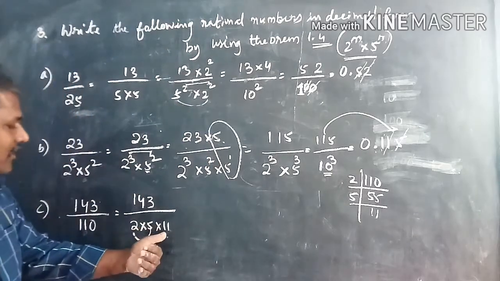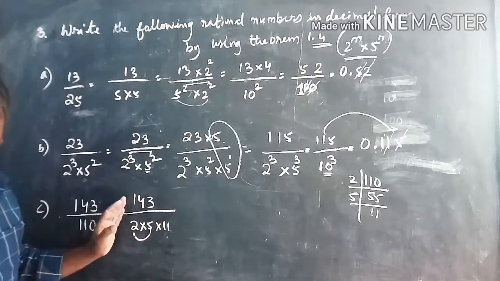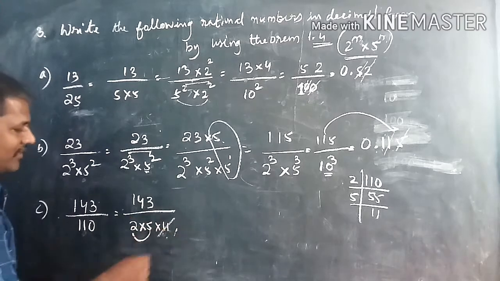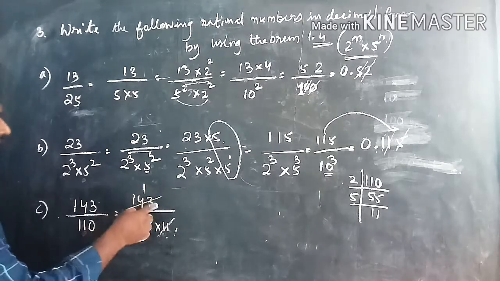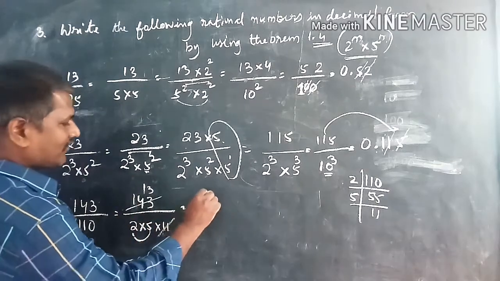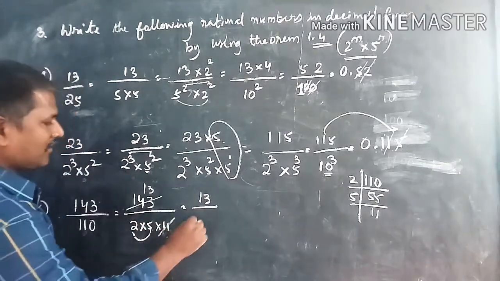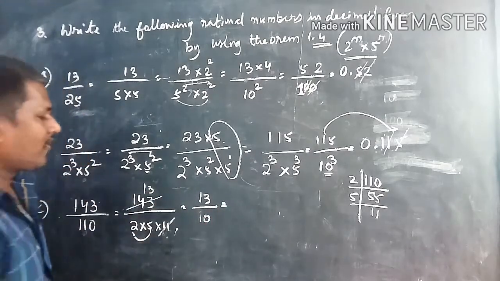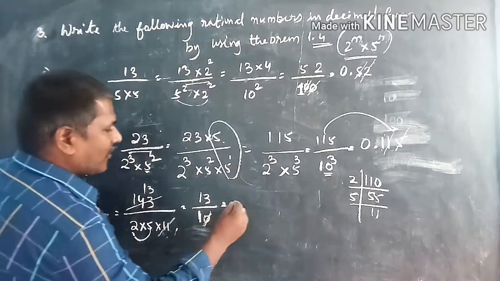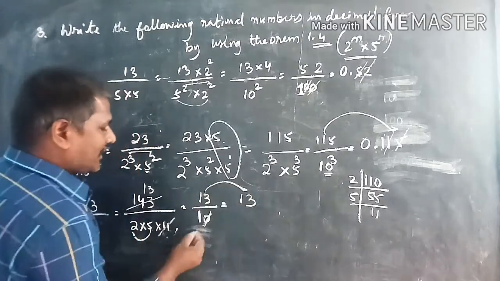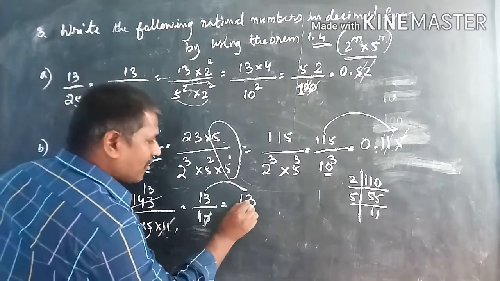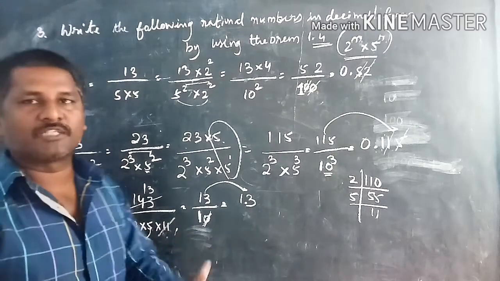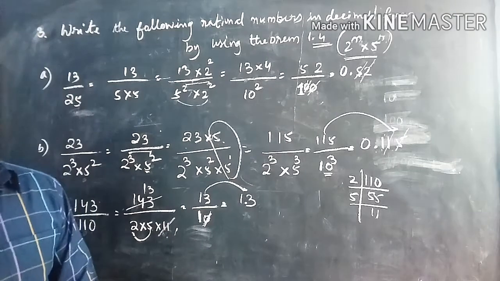11 is the extra factor. Let us see whether 11 is a common factor of both numerator and denominator. If it is a common factor, then you have to cancel them. So you know that 143 is a multiple of 11. Now you can cut it: 11 ones are 11, 11 thirteens are 143. Now you can write 13 by 2 into 5, which is 13 by 10. This can be turned into decimal form. So it has only 1 before the point. Now you can write 13 as the same numerator. Take only one number after the point. So this is the way we have to show all the rational numbers into decimal forms by using theorem 1.4.